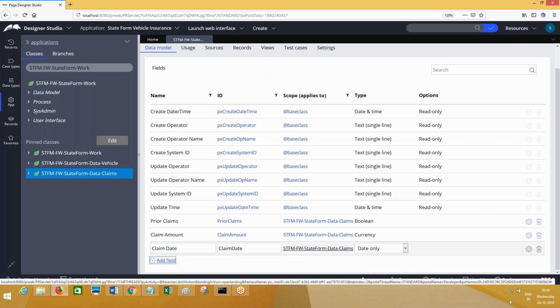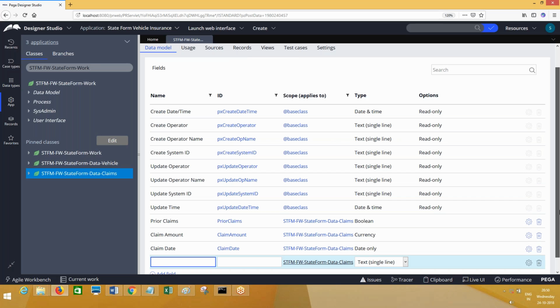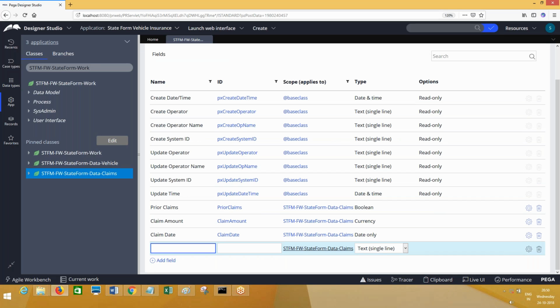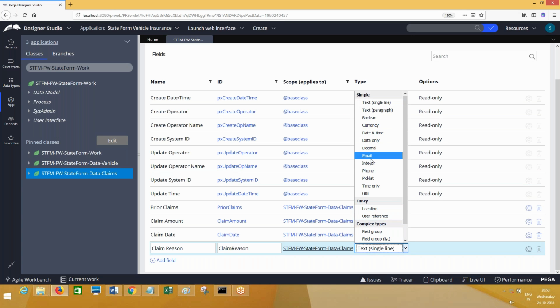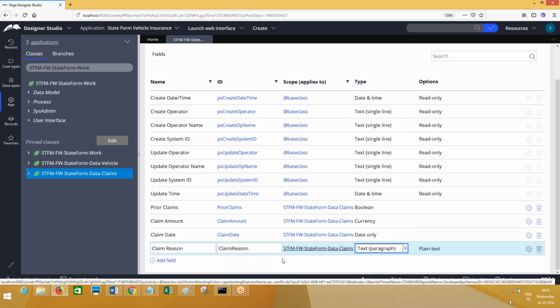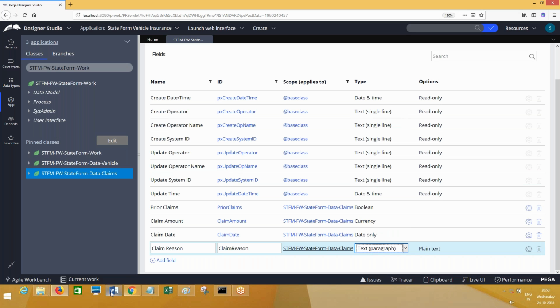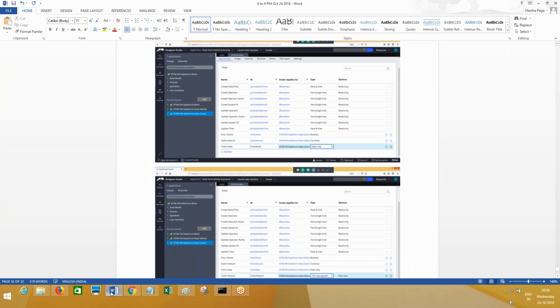Currency, number. I will tell you how to get the dollar. Claim date, after that claim reason. What should be the control? Text area. Text paragraph means you can write down a paragraph of text. Done. Save this.